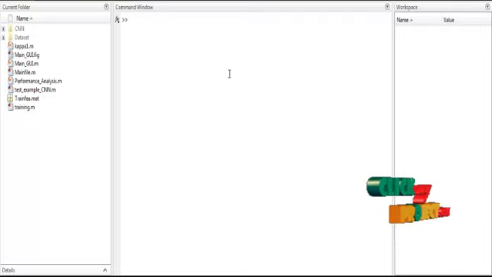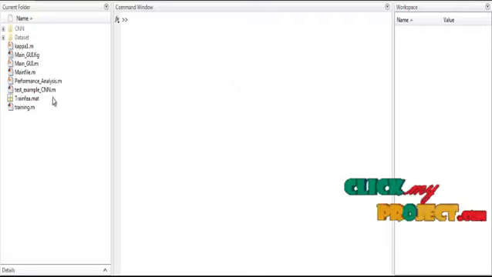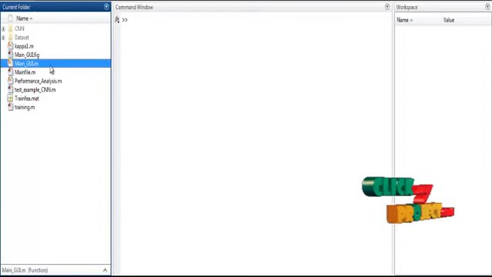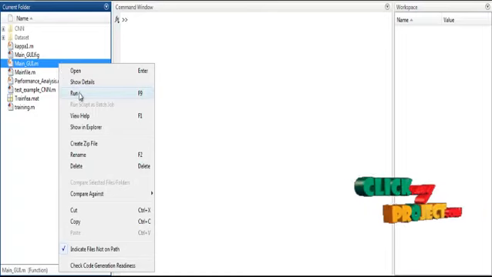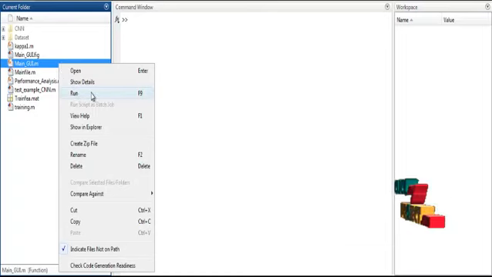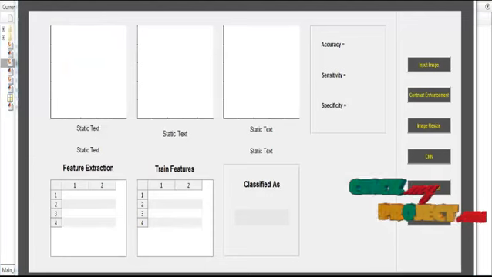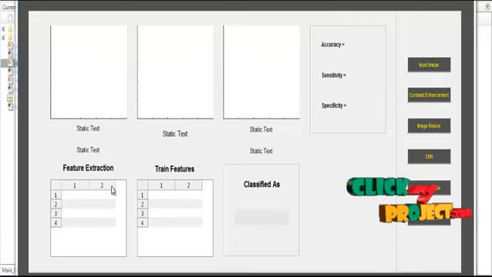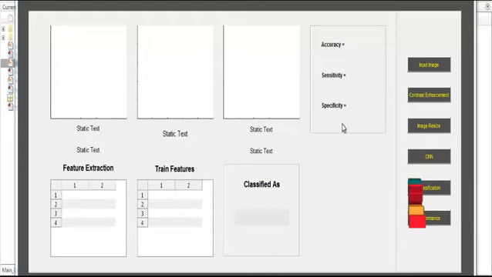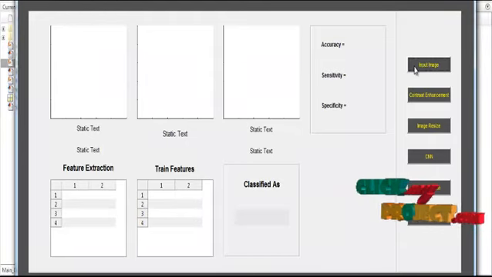Now we are going to discuss the initial running procedure for the process. At first, open MATLAB 2015b and change the current directory. If you want to execute the code, just right click on main_gui.m and select the option run. Now the initial GUI is open. In that you can see several push buttons for the controlling actions and the axes and table for display purposes. Now click the button input image.